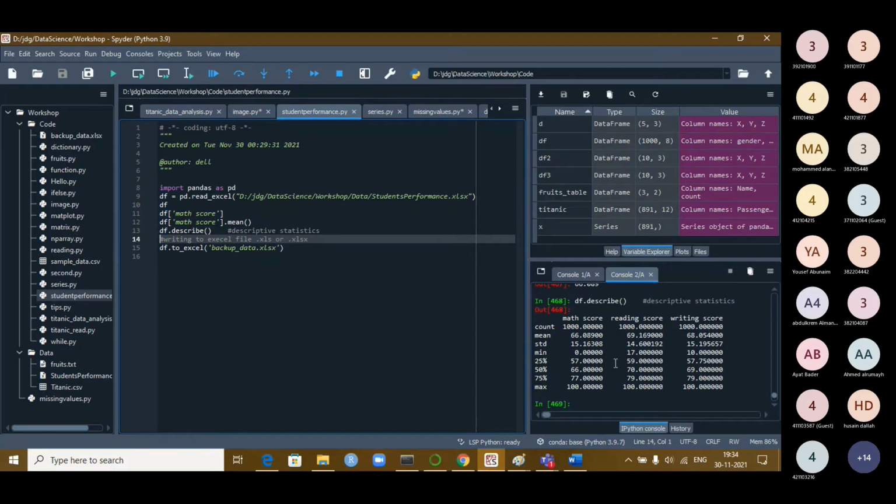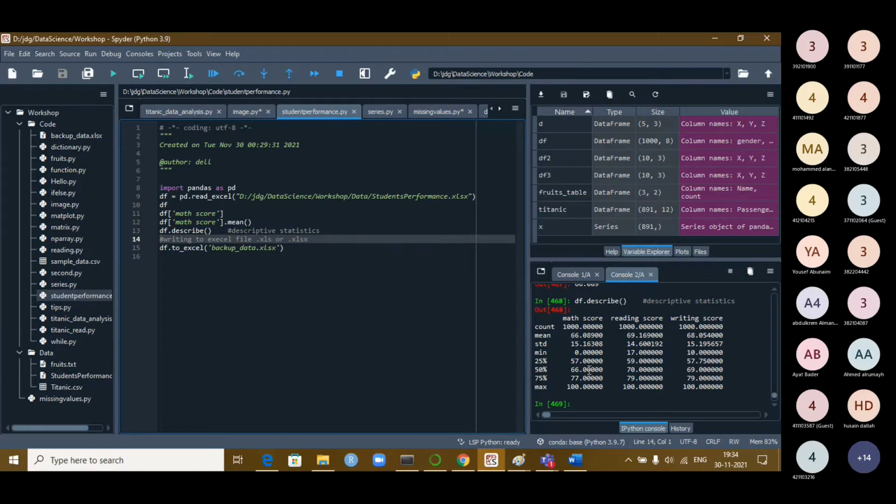Statistics of this one. If you look at it now, the average score in math is around 66 roughly. The count, the number of records, is 1000. The mean value is 66, the maximum value is 100, and the minimum value is 0. Okay, so these are the lowest values. Then the minimum values, I told you about the ranges: minimum value, maximum value.